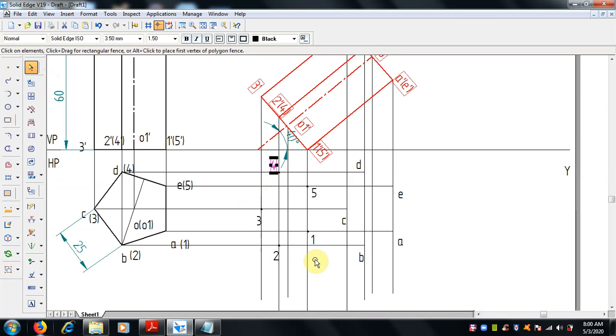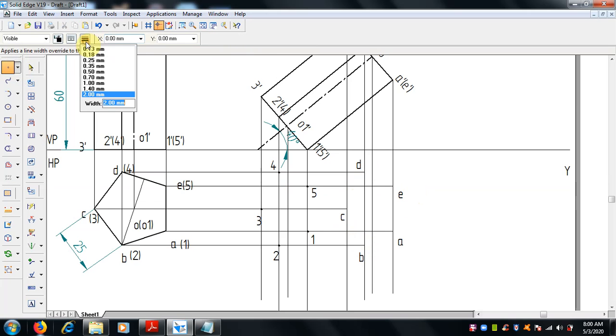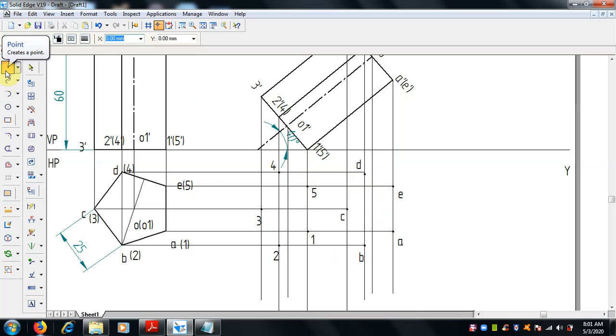So again 1, 2 and 4 in a line it will come, 3 will be here and 1 and 5 is here. Just like that, C here, DB and EA. Select a point with a 0.2 mm thickness and we can make it C, D, B, end of this, A, end of this line E. So the top and bottom we have done.